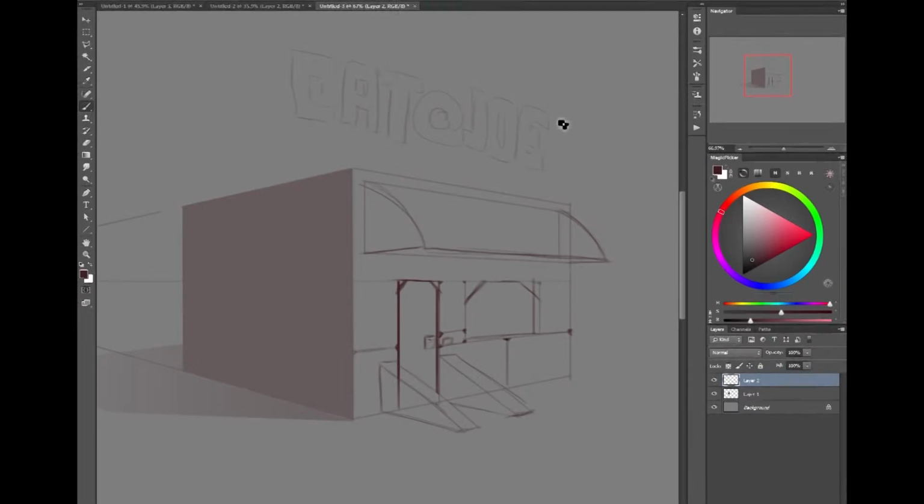And I'm just kind of blocking this in. And that's the biggest thing: maybe if this is a diner, maybe it's out in Southern California. So,